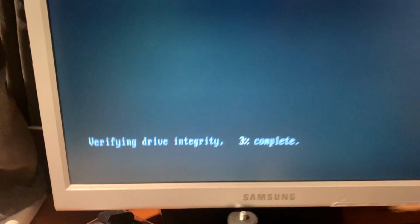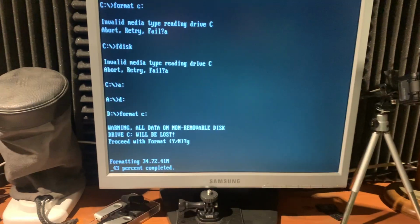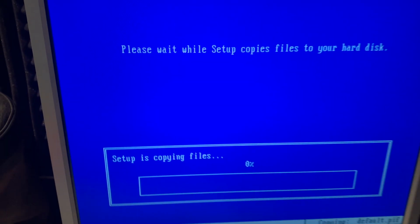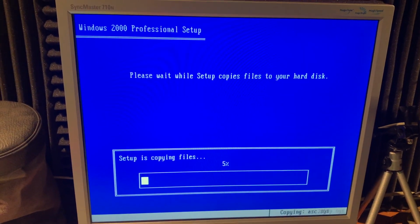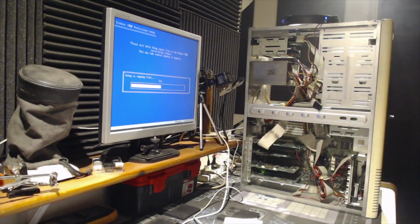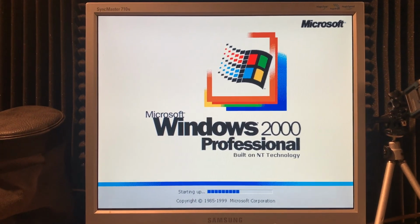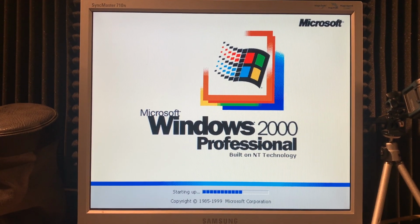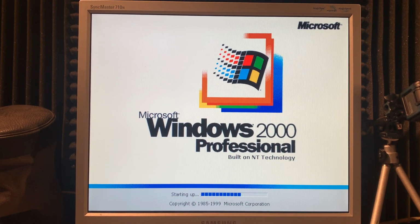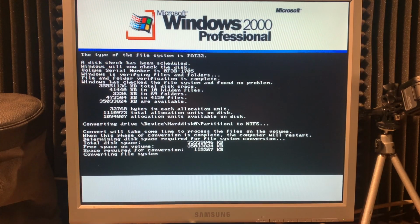I will create a new partition. Let's keep everything cool. After that, I'll install Windows 2000. I need to know how it performs. We are right at the lower specs needed. It takes its time. I will change the format system to